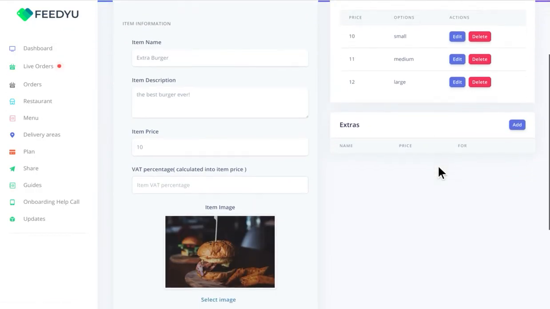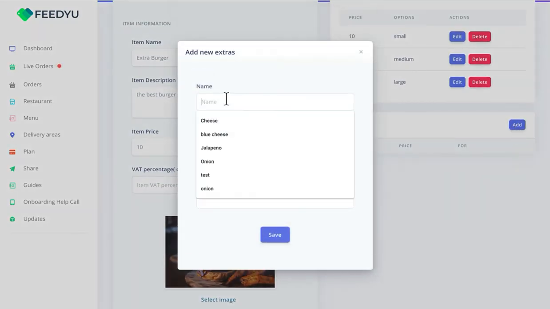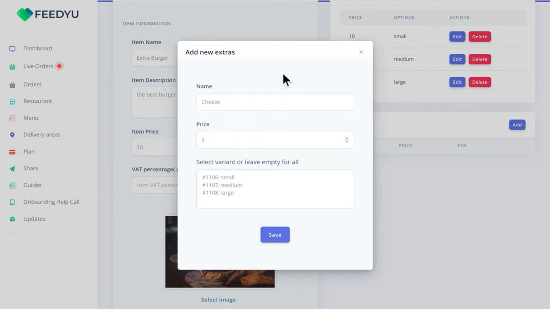Okay, now let's add some extras. So cheese, and we can set here, let's say 3. And then what you can do is, for example, if cheese costs you a lot of money, right, and the price for $3, pounds, whatever it is, you can add it only for small, medium, large, or you can add it to all. But let's say that the cheese is very expensive, then you will add $3 for small. You can mark all of those for all, but let's say that we add only for small,